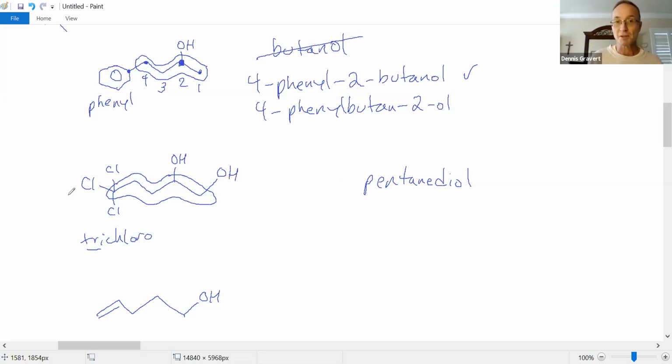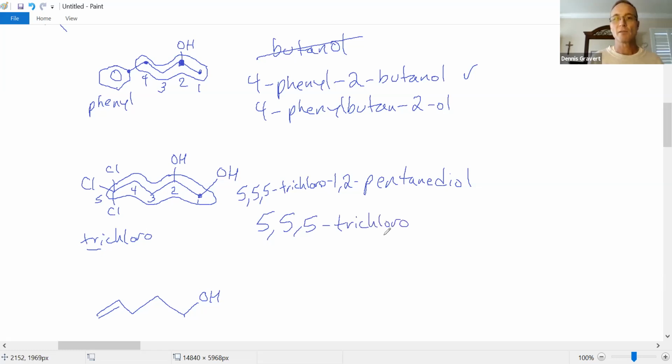Okay, now we have to number the chain, getting to the most important functional group as fast as you can. Well, then number 1's over here on the right again. And then you walk down the chain and name all the groups. The alcohol is showing up on carbons 1 and 2. And then the 3 chlorines are on carbon 5. So will this fit? Probably not. I'll make it though. Trichloro-1,2 pentane diol, or 5,5,5